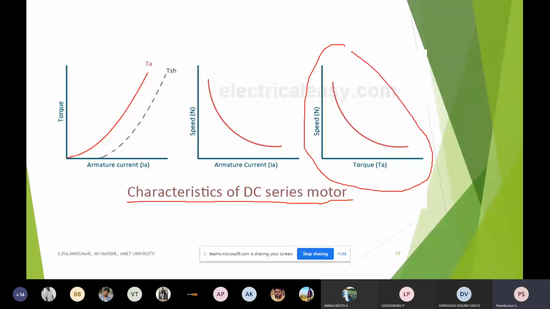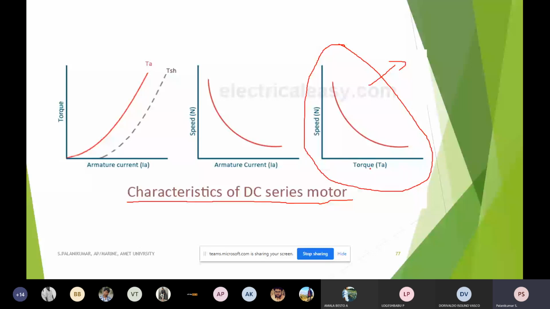Okay, why it is called a mechanical characteristic is that both the parameters I have considered for drawing this characteristic are mechanical ones. Speed: here armature current is an electrical parameter, whereas speed is a mechanical parameter. Likewise, armature current is an electrical parameter, torque is a mechanical parameter. So the third important one here I have taken is the purely mechanical characteristic. Here, speed and torque.